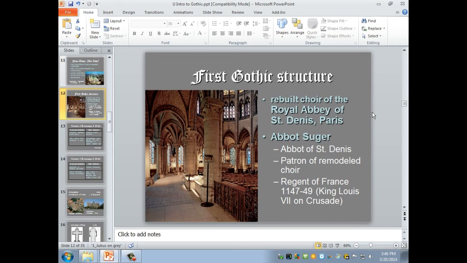His name is Abbot Suger. And it's a royal abbey because it has had royal patronage for hundreds and hundreds of years. I don't know if you remember, but back in the Carolingian period, in the 9th century, Charles the Bald, the emperor, Charlemagne's grandson, was the lay abbot of Saint-Denis. Now, by the 12th century, they don't have lay abbots, but it has royal connections. Many, I want to say most, of the royalty of Paris was buried in this church.